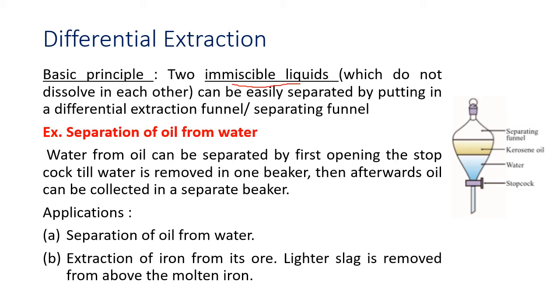Now all you have to do is what? In the rainy season, sometimes water can enter the petrol tank and your bike will not work properly. So you have to remove all the petrol into a bottle first, and then you will see that the water remains at the bottom and petrol at the top. So you can separate the water from the oil, or petrol from the water, by this separating funnel.